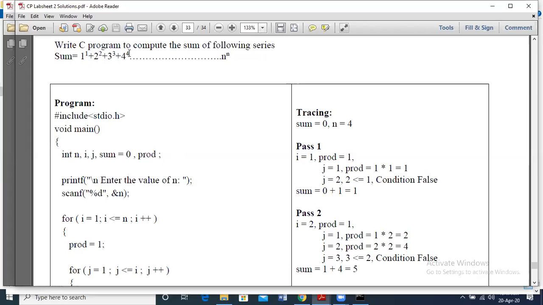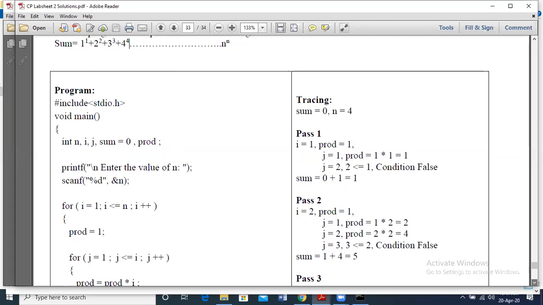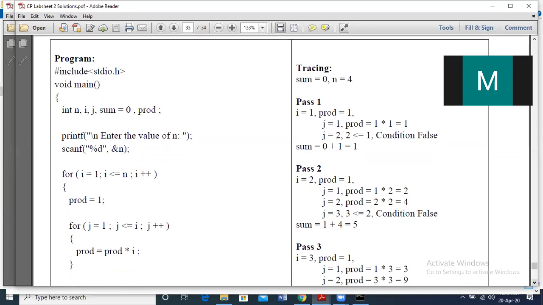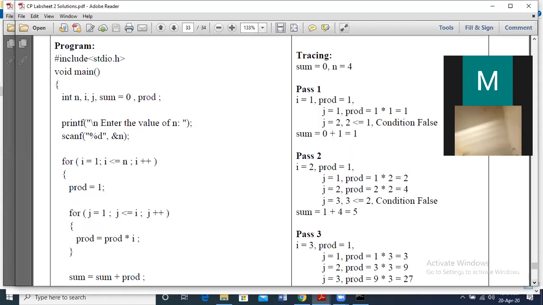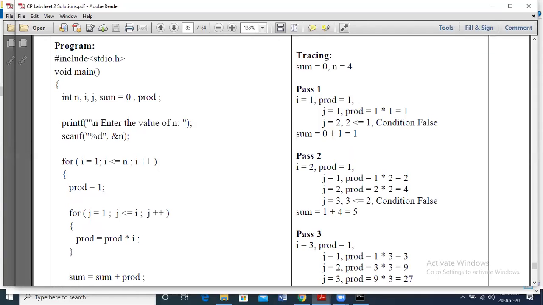We observe that the number of multiplications depends on the power, that is I. So if additive identity is 0, for each term we are multiplying, then we have to initialize that product to the multiplicative identity. What is the multiplicative identity? It is 1, right? Product's basic operation is multiplication, so product has to be initialized with 1. Start from j equal to 1 up to I.